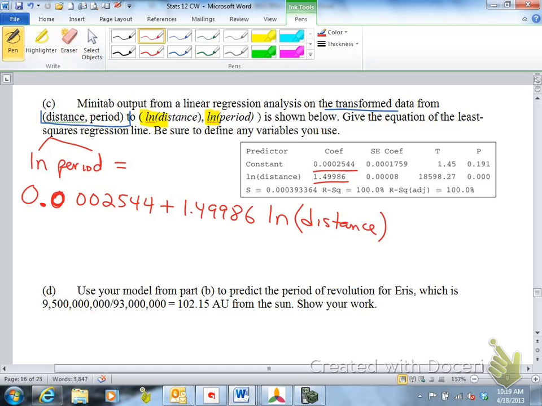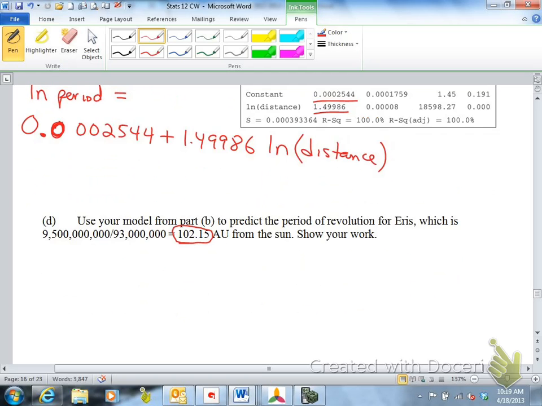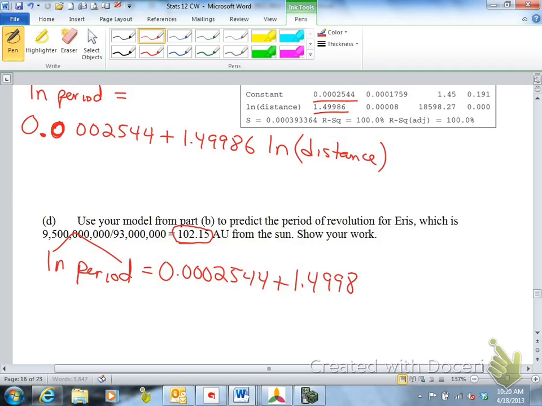So that's better. Use your model to predict the period of revolution for Eris, which is 102.15 astronomical units from the sun. So you're given which variable, the period or the distance? Distance. So you have the predicted period, period hat equals 0.002544 plus 1.49986 ln of